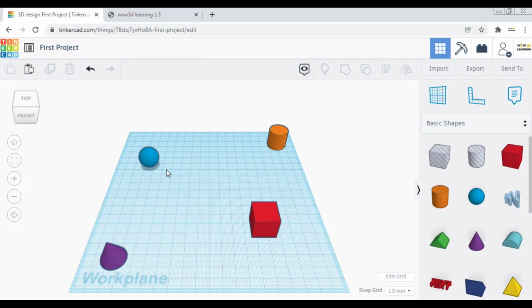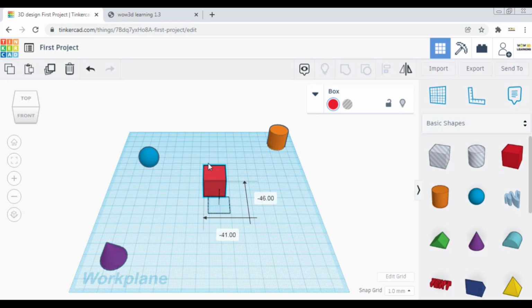Now if you want to interact with these objects individually, what you have to do is just click on this object with left click, and you can see there are some arrows coming, and on the whole object you can observe a blue halo. I will discuss motion in detail later, but right now in order to just move it around the work plane, all you have to do is press and hold the left mouse button and drag it.